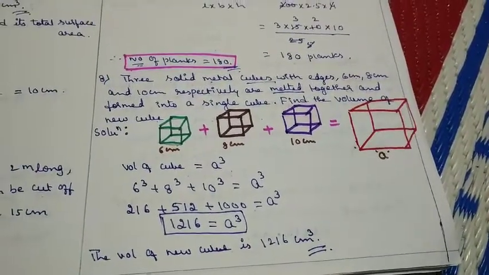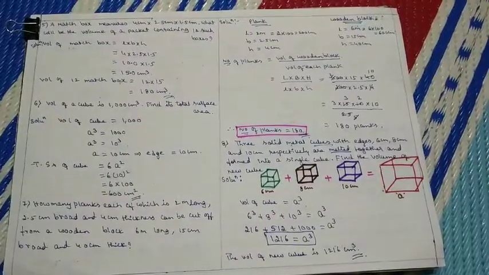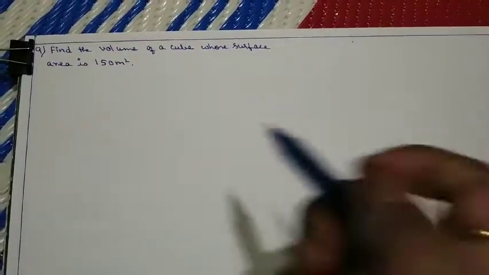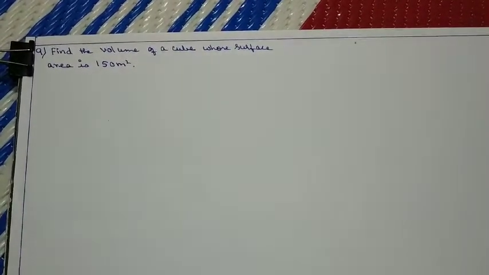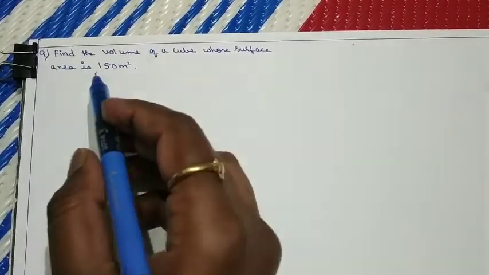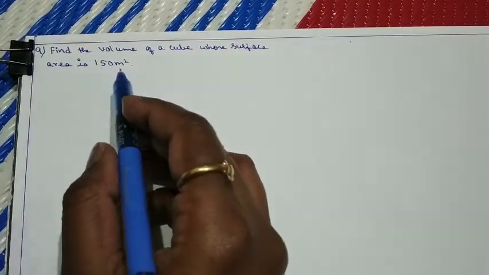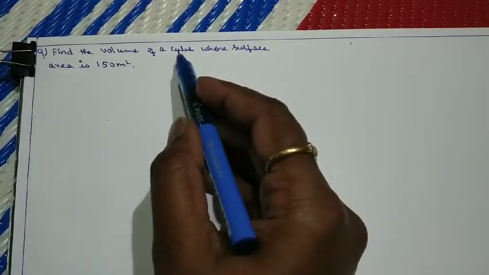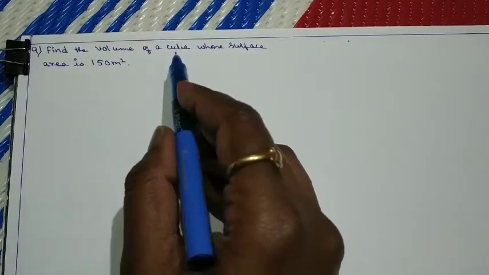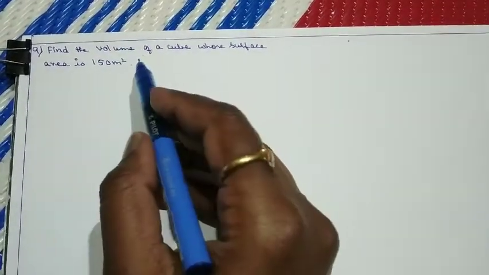Now let me move to 9th question. Find the volume of a cube whose surface area is 150 meter square. So here surface area is given. From the surface area of the cube, first find the edge of the cube. After finding the edge of the cube, then you find the volume of the cube. So solution,